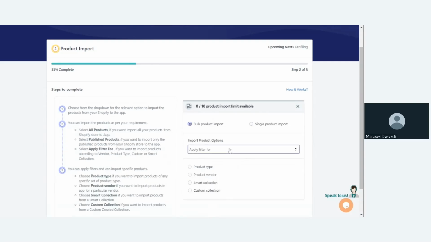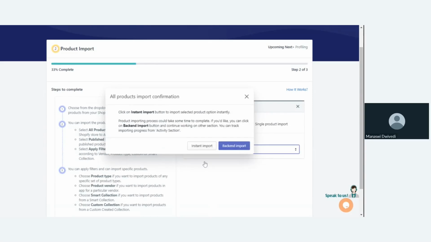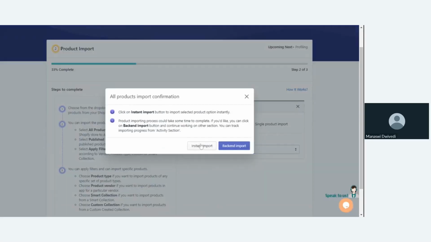As soon as I click import here, it'll go on instant import and backend import. What is this instant import and backend import? Can't understand? No issue. Instant import means that as soon as you click here, the process will start on your screen, and it'll keep going and going. But if it's a backend import, the process will start on the backend, and you can